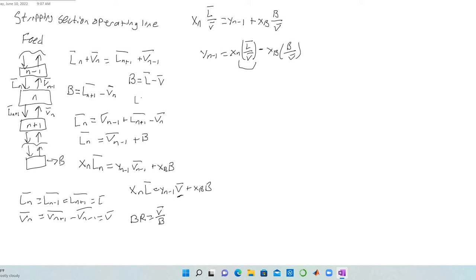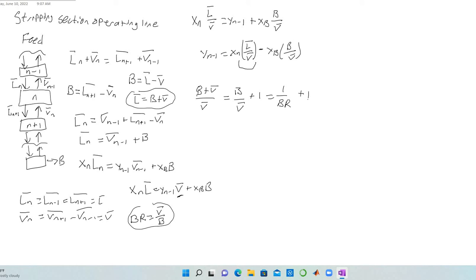So we know that L equals B plus V. We're going to take that and plug it into this relationship up here. And so we're going to get (B plus V bar) divided by V bar, which is going to equal B over V bar plus 1. Right? And we defined boil-up ratio as V over B, so this is going to equal 1 over the boil-up ratio